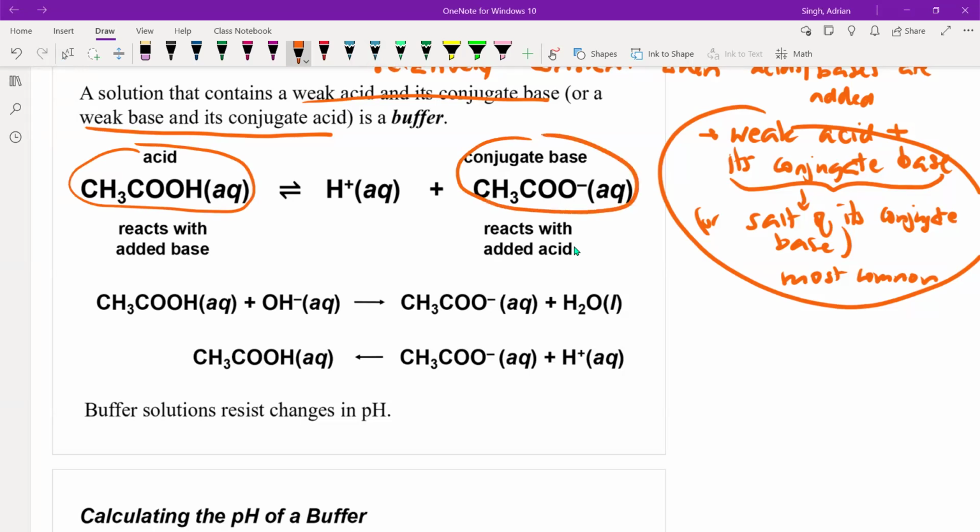Okay, so let me just write these out. This is acetic acid, and this is the acetate ion. All right, and this system, this is the equilibrium system. We have the two components that are necessary. So why do we need each of those components in a buffer? Well, this first example here is if we were to add